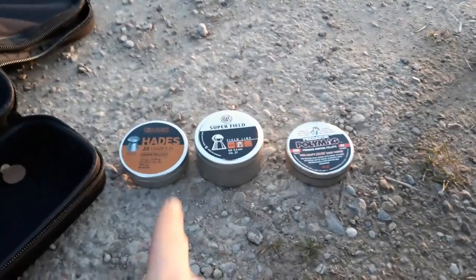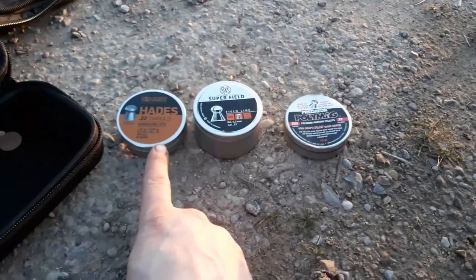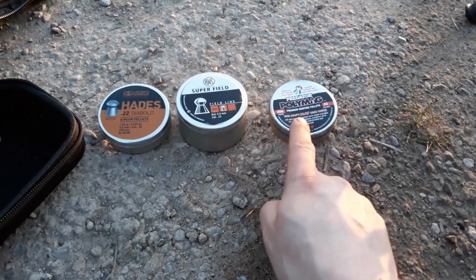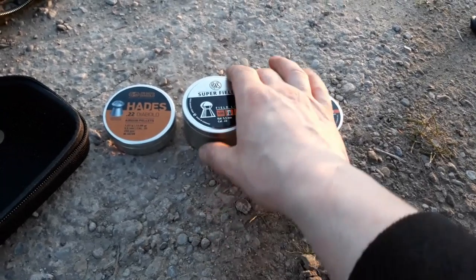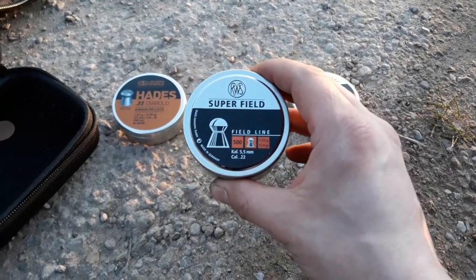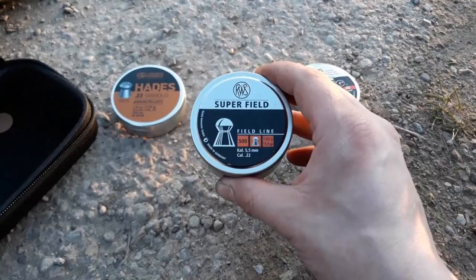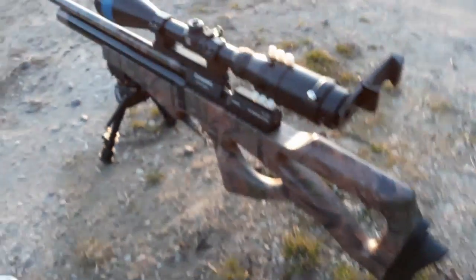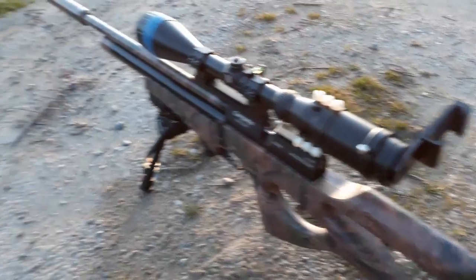Okay, the first 4 groups on that box are the Hades, then the second were the POLYMAGs, and the last one that I shot is this gun's pellet of choice, the RWS Superfields. I really like these. The Brocock likes them more. Using the scope cam, eBay jobby,